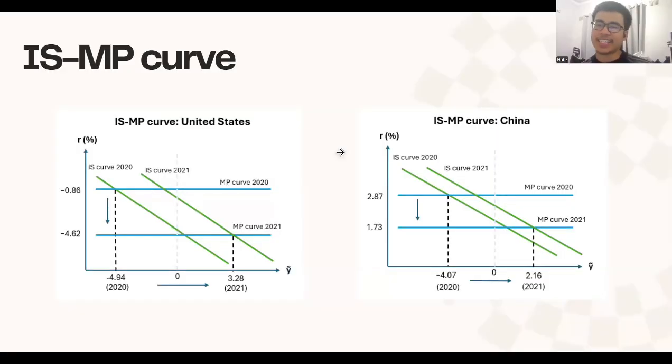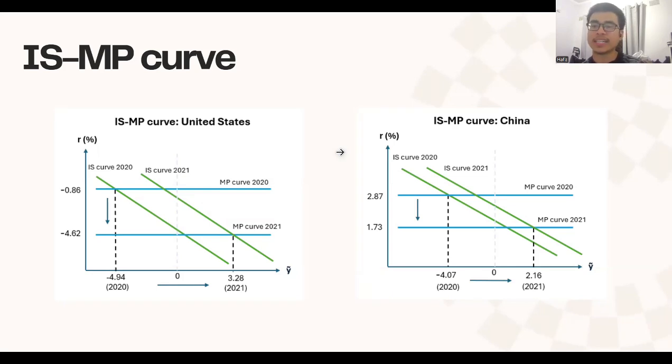In the United States, the IS curve is on the left in the year 2020. The country experienced a very sharp collapse in aggregate demand, where consumption fell, investment declined, and businesses sold less. This caused a large shift in the IS curve away from potential output and gave a significant negative output gap. The job destruction mentioned earlier reflects this fall in demand too.